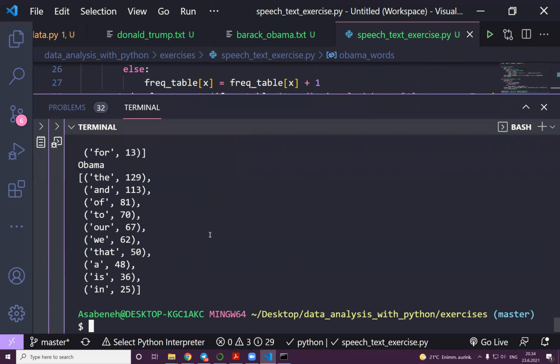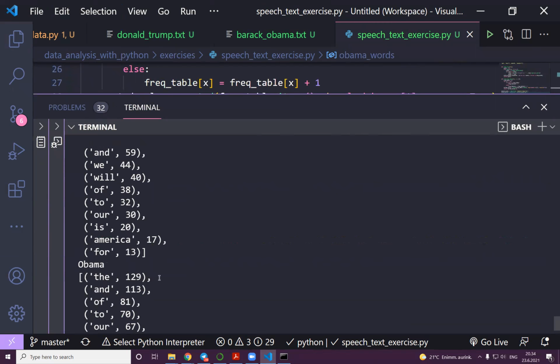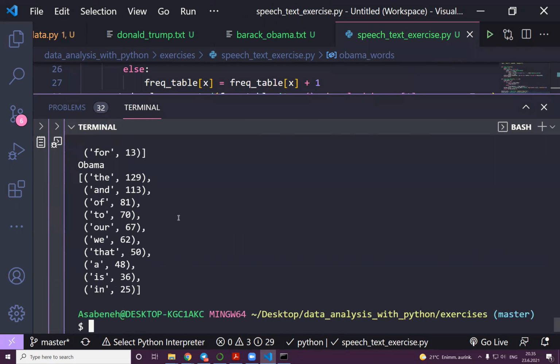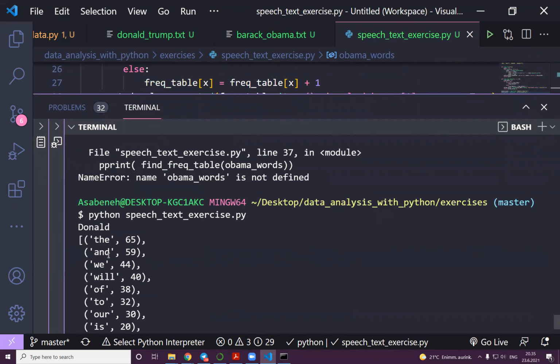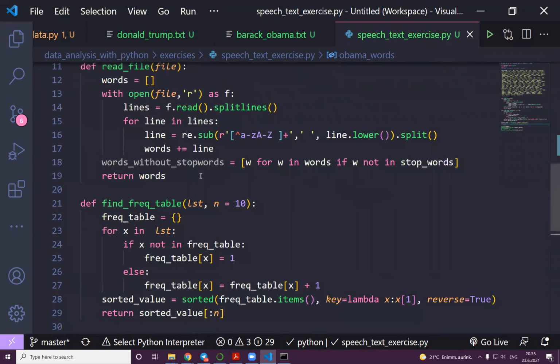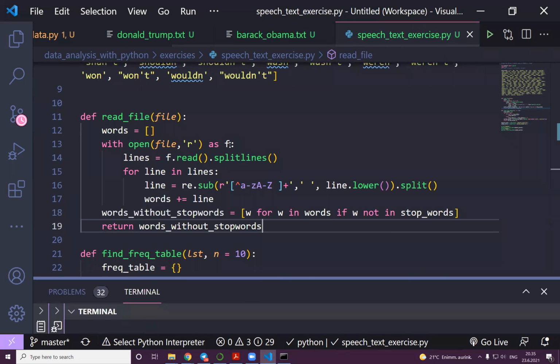Yes, but why? Because I thought we had cleaned the text and everything. Why do we still see "the"? By the way, the most frequent word in the English language is "the" and something. But for some reason, as you can see, we didn't remove the stop words, because here, instead of returning words, I returned just the words. So that was not right. So now I can get